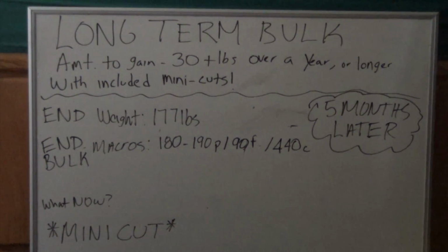So he's definitely now saying, crap, I definitely got to do a quick mini cut, clean some of this bloat weight off, and get right back to bulking. So now the question to David is, what does he do now? He knows he's got to do a mini cut, so let's see what his calories...